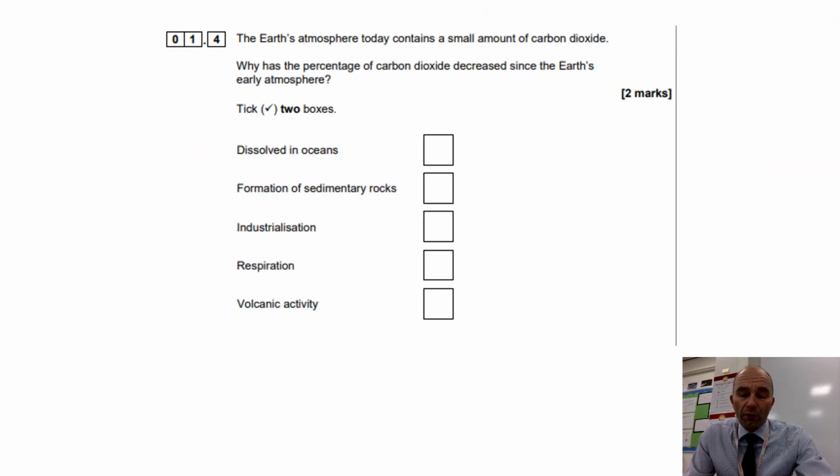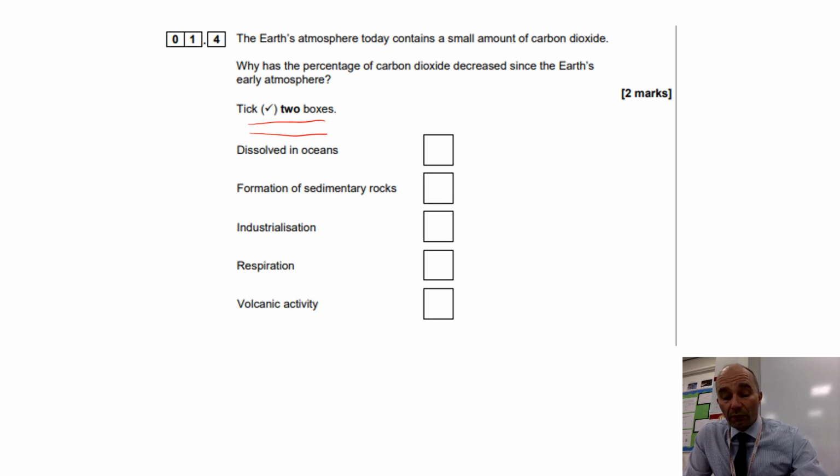Okay, and then 1.4, the Earth's atmosphere today contains a small amount of carbon dioxide. We're being asked why has the percentage of carbon dioxide decreased since the Earth's early atmosphere, and we need to tick 2 boxes. Now, here we can get rid of 3 of the answers because they actually increase the amount